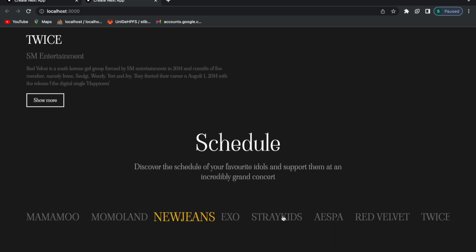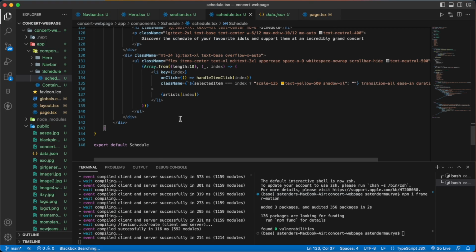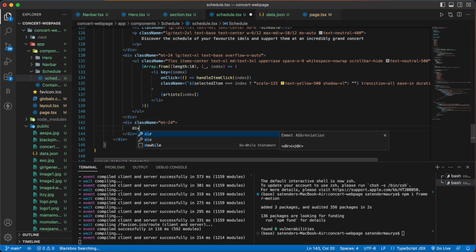So now if we click on any of these, you can see it's selected. And now after that, outside this div, we are going to have one more div with the class name of empty24. Inside that div, we are going to have one more div with the class name of relative